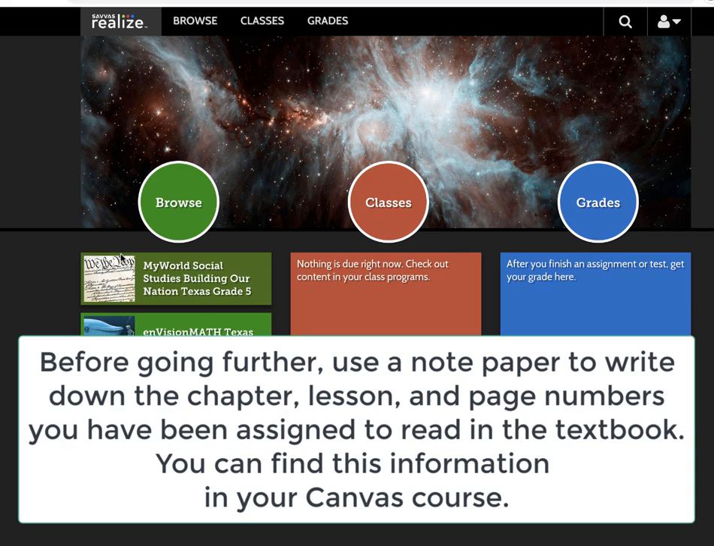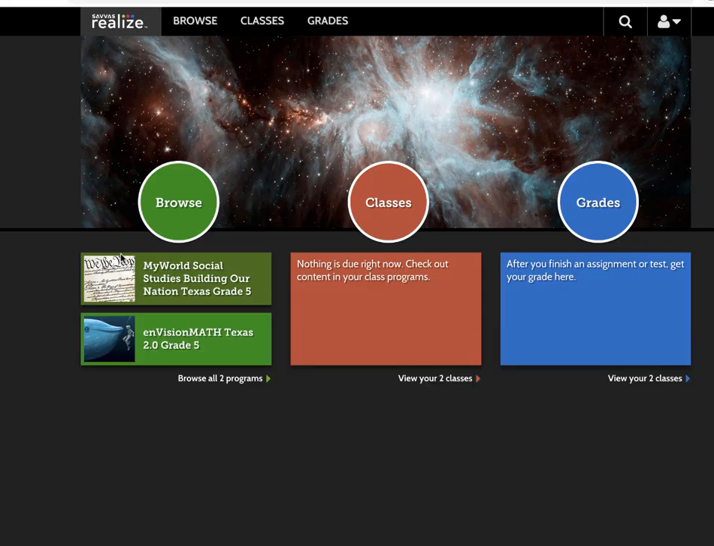Now, best practices says that when you're in Canvas and you find out what you're supposed to read in your social studies book, you should write that down on a scratch sheet of paper or a post-it note, or in some way record that so that you don't have to flip back and forth between Canvas and your social studies book just to read the textbook. So I click on my social studies textbook,